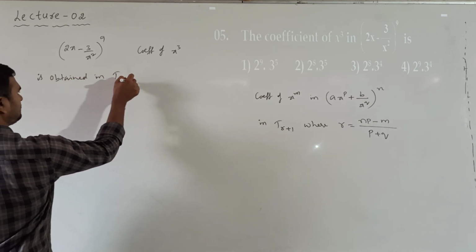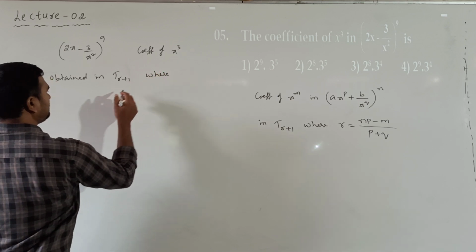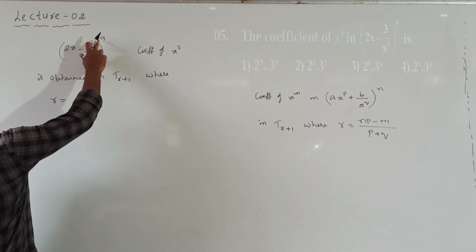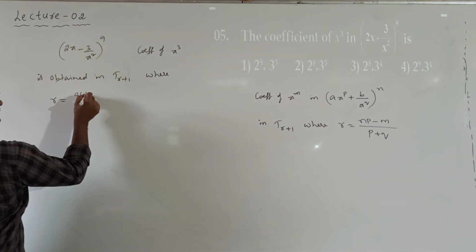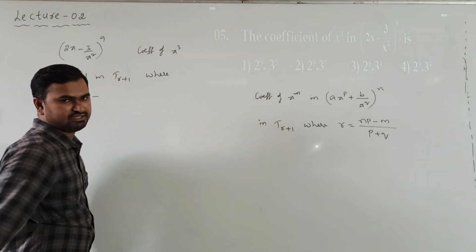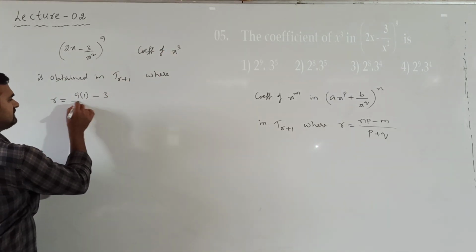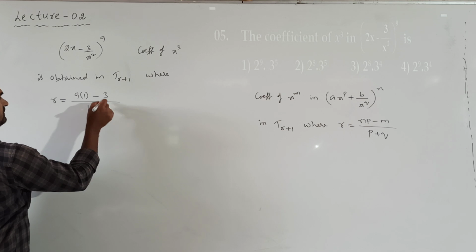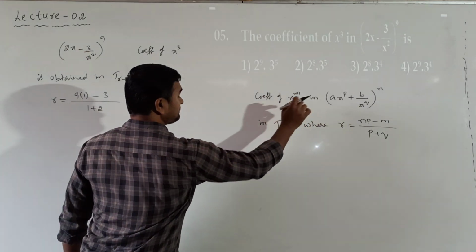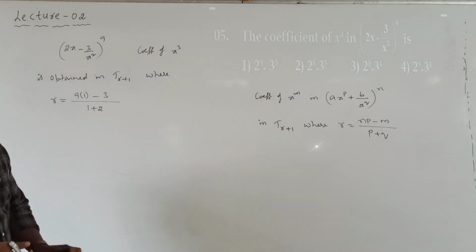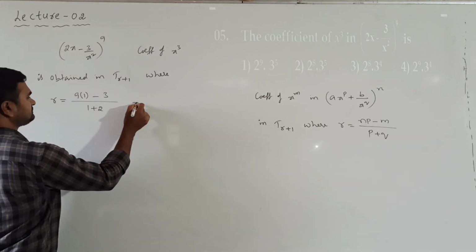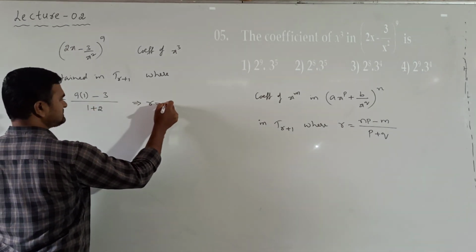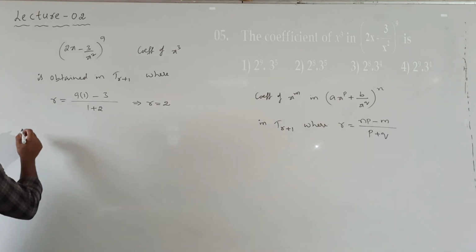T r plus 1, where r is, what is r here? N into p. N is 9, p is 1. So 9 into 1 minus m. We need the x power 3 term, so m is 3, divided by p plus q. What is p? 1, q is 2, because it is in the form (ax power p plus b by x power q) whole power n. So what is the r value here? 9 minus 3 is 6, 6 by 3 is 2, so r is 2, so the required term is